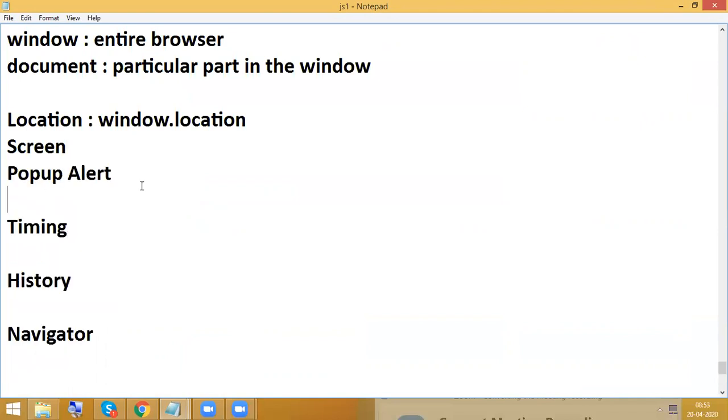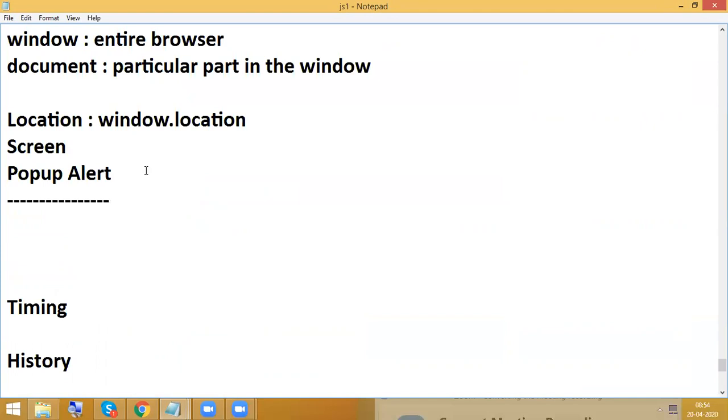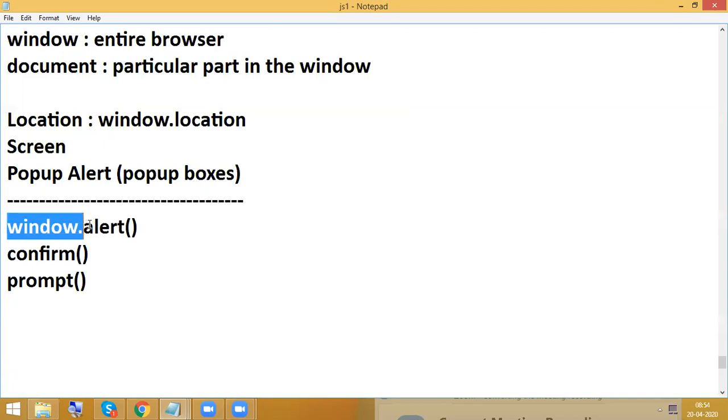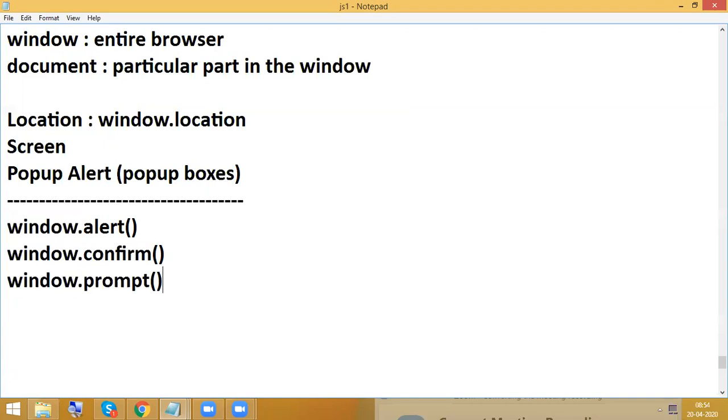Regarding this pop-up, pop-up also we completed. We are having three pop-up boxes. But I explained to you like this: alert something, confirm something. So I wrote like this. What I said, writing window is optional. But as per here to explain, I need to write like this. Nothing is there to explain, already you are familiar with this. So which one is optional here? Writing window is optional. So this also we already completed.